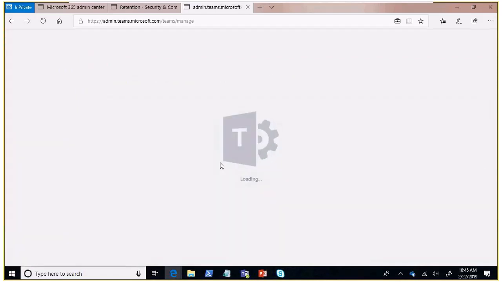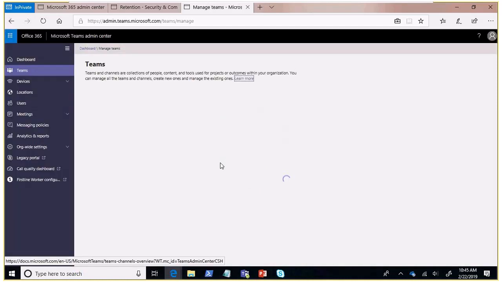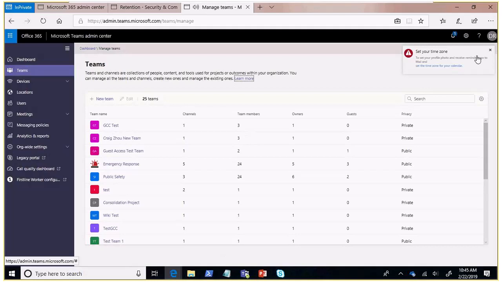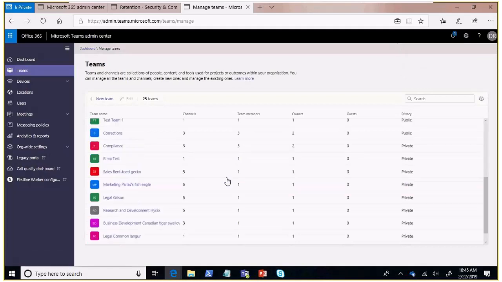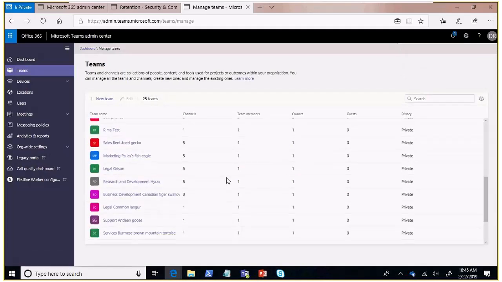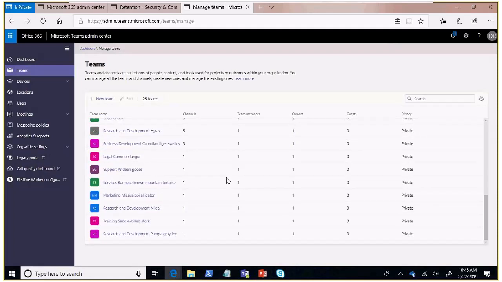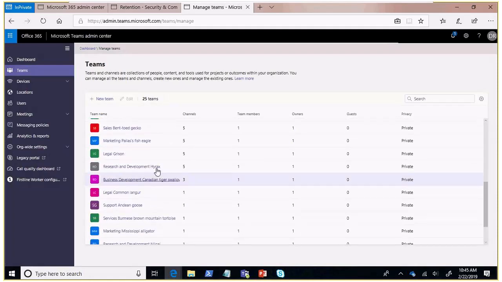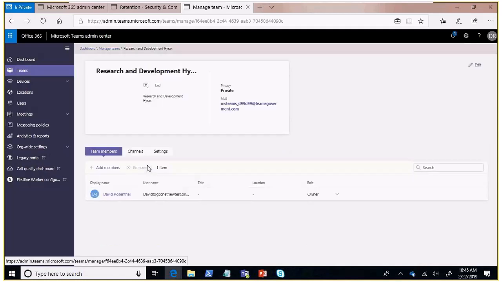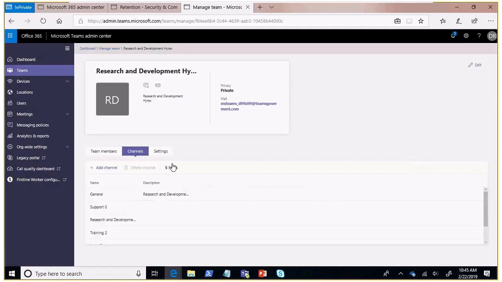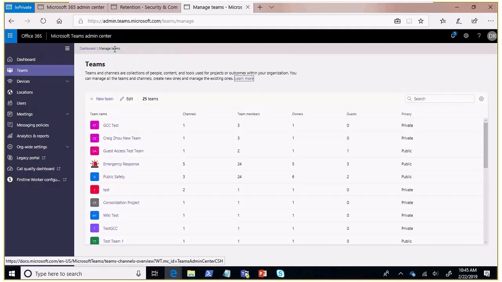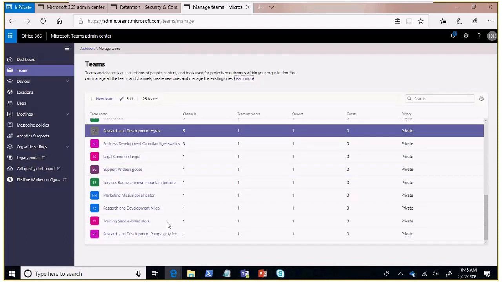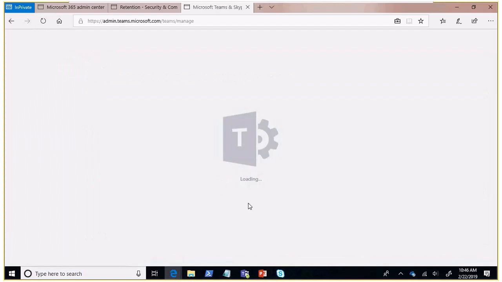And you can see that I have this script running to create a bunch of teams. We had 15 teams before. And already those teams have started to show up in my view of the teams that have been created within my organization. So you can click through on one of these teams and see here are some of the channels that have been created for users to leverage. And then as we let this run further,